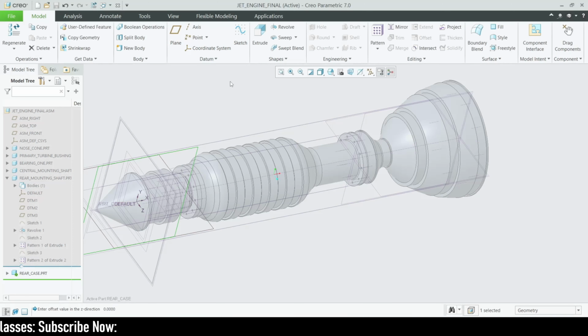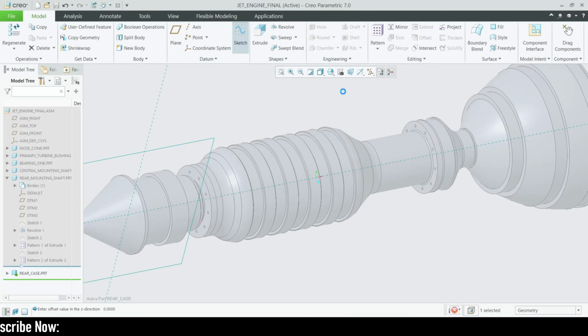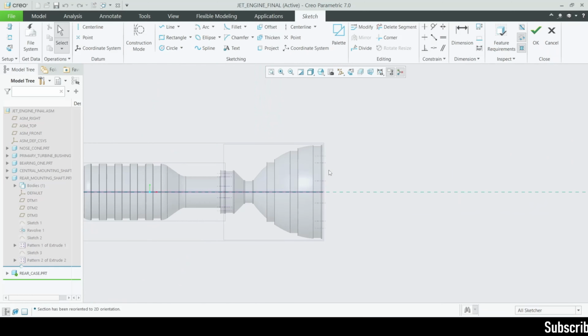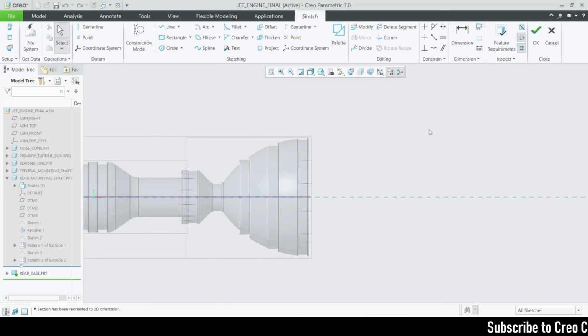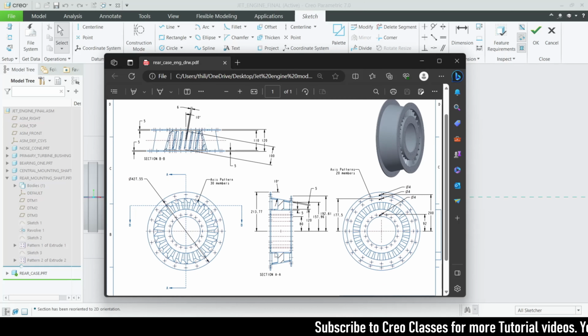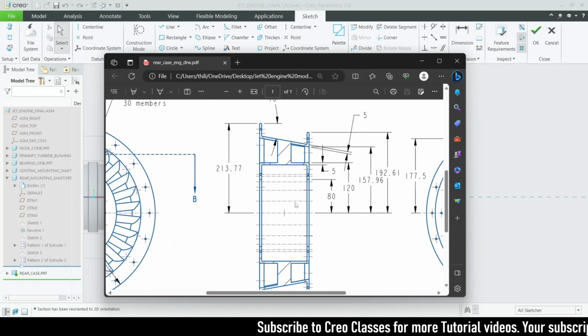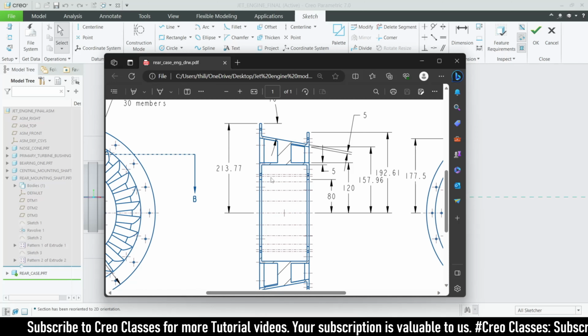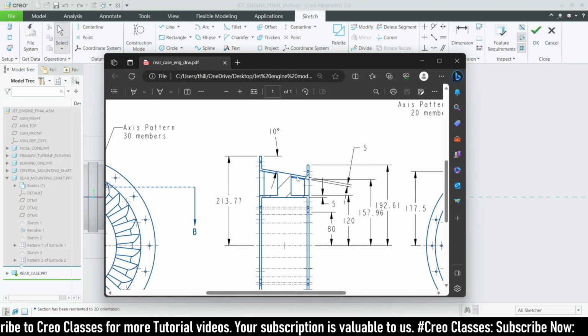Now let's go for the sketch, and then let's go for the sketch view. Here I'm going to create the next part. We can also use the revolve feature again for this part. For this, I'm going to take this diagram as my first reference. This height from the mid plane will be 213.77, and this total length as